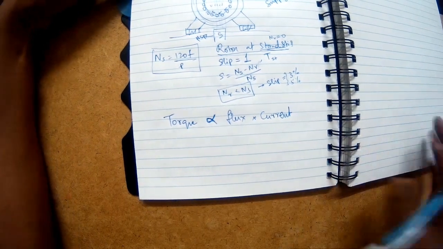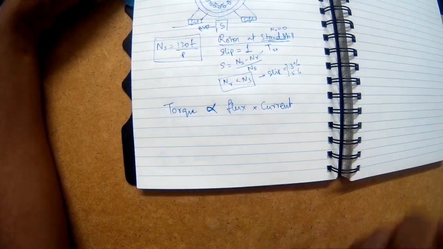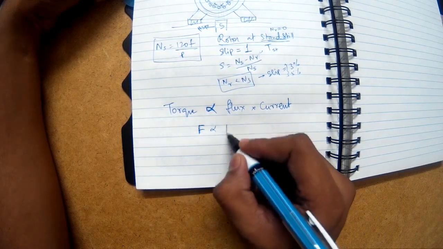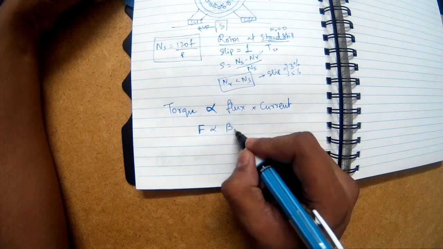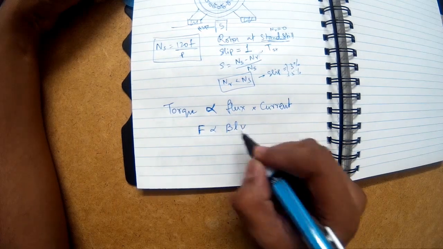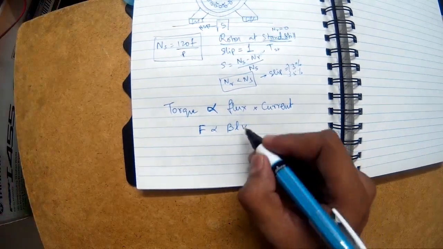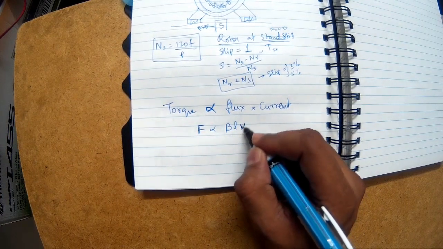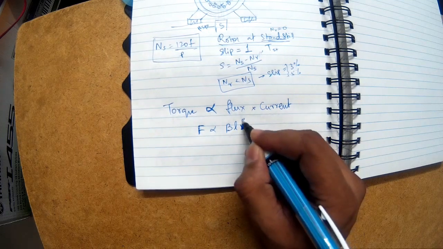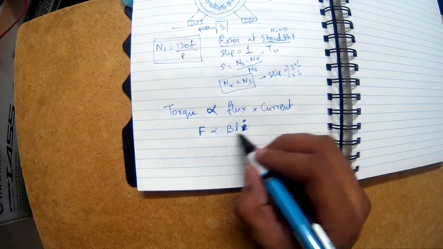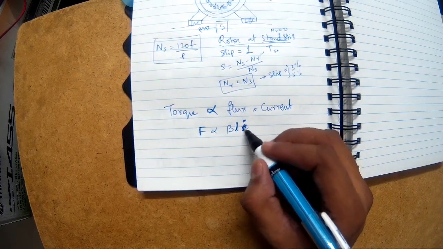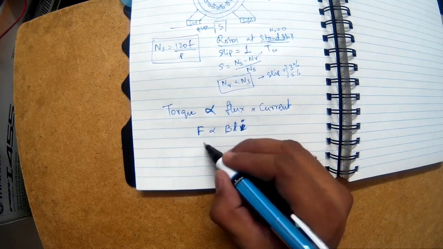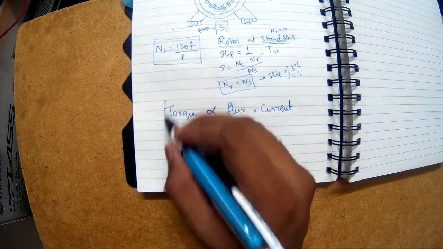So in fact, if you go a little bit more fundamental, you can say the force experienced by a current carrying conductor is proportional to B, L and V, where V is the speed, or BIL. We are using this in the case of the motor principle. Here L is the length, I is the current and B is the flux density, flux per unit area. So basically force is proportional to flux and current. That's what I have written here.